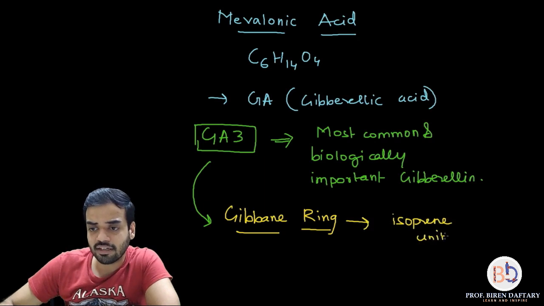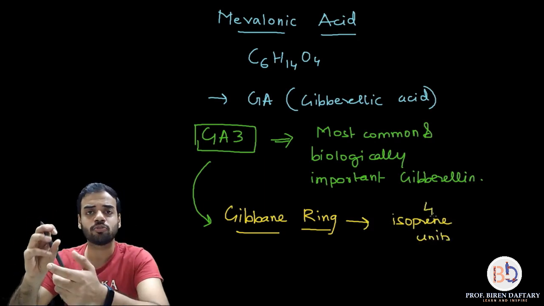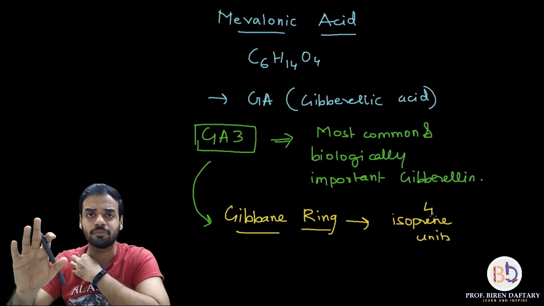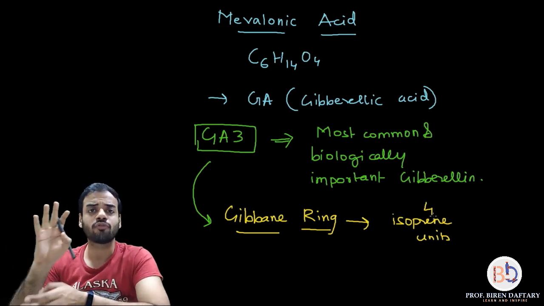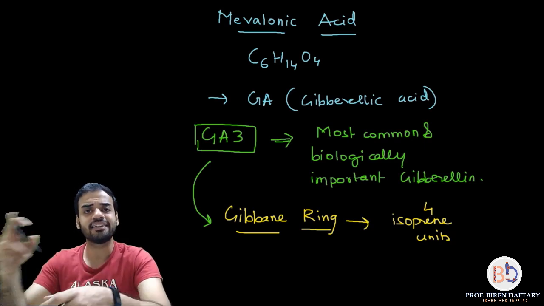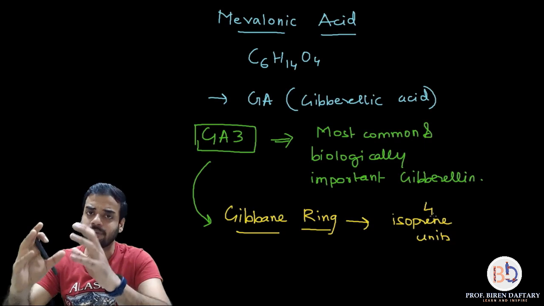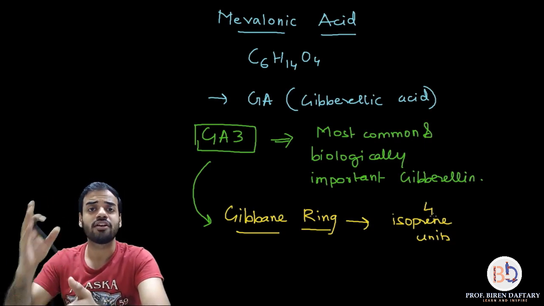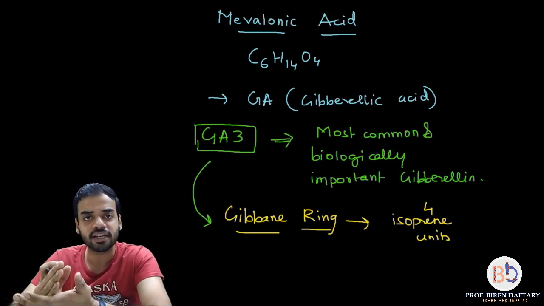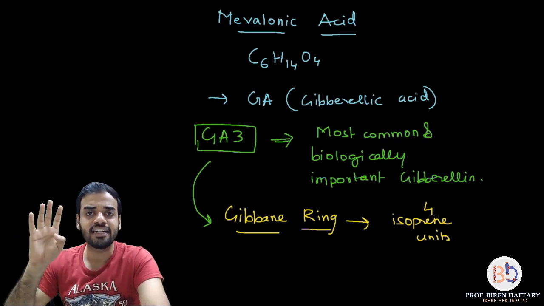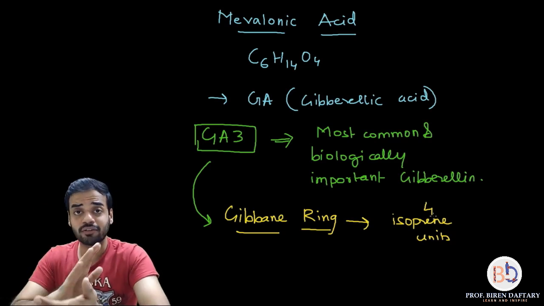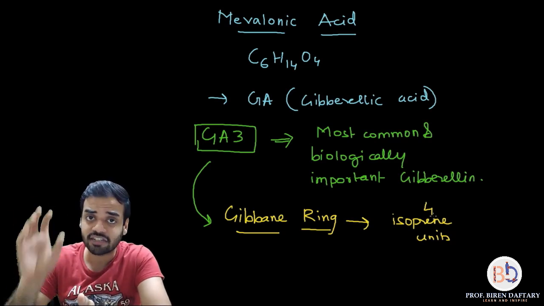What is the meaning of isoprene? Isoprene ring is a cyclic ring having 5 carbon compounds. Please remember. There are basically 4 such isoprene rings present, and together those 4 rings are fused together, and that entire structure which is formed is called a gibbane ring, and that is the structure of gibberellins or gibberellic acid. So you just have to remember that gibberellins are made up of a gibbane ring, and each gibbane ring has at least 4 isoprene units. What is isoprene? An isoprene unit is a unit having 5 carbon atoms. They have not given the definition of isoprene in your book, they have just given that isoprene units are present.